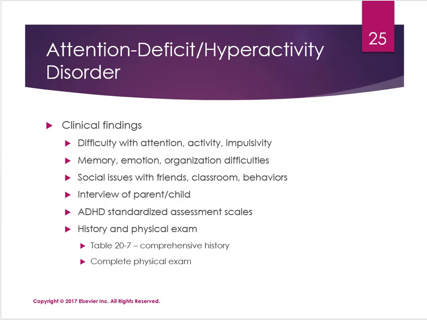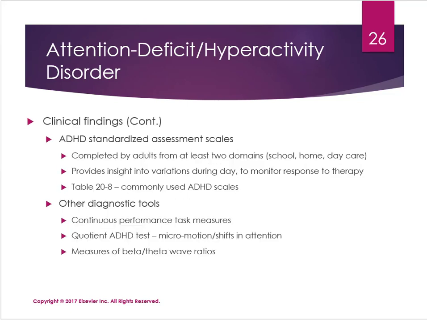It's important to do a good history and physical, and on table 20-6 there's an excellent history component of important things to ask when doing this type of evaluation. It asks about such things as birth history, medical history, general health, questions regarding ADHD history, developmental history, behavioral history, and academic history. It also wants to know more about functional health patterns such as nutrition, elimination, sleep, coping, family health history, and about the teacher history. So I encourage you to look at that. You're also going to complete a thorough physical exam. If you're working a child up for ADHD, then you're also, as we mentioned earlier, going to use some assessment scales,